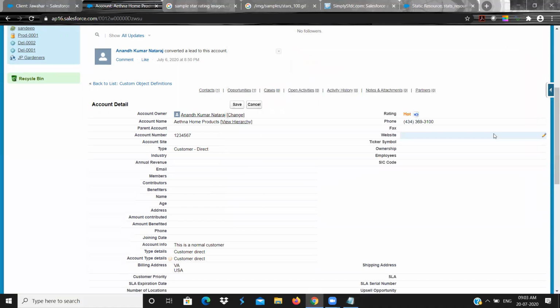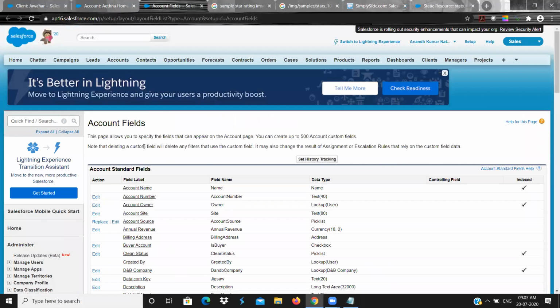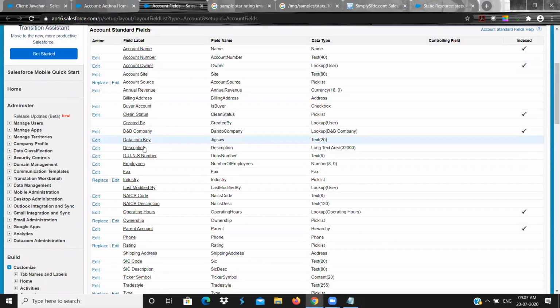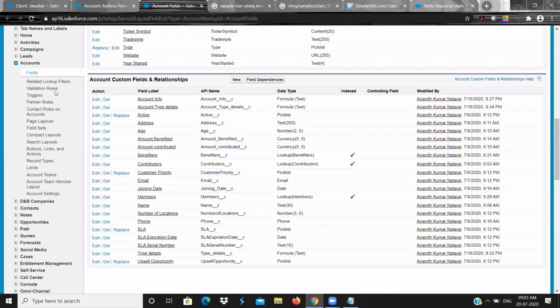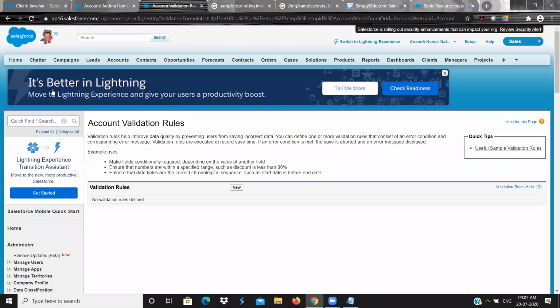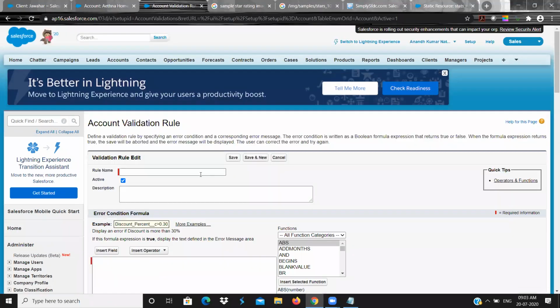Go to the backend of the object. Now in the account object, this is a standard object, right? You will see the validation rules here. So click on the validation rules, and click on new.